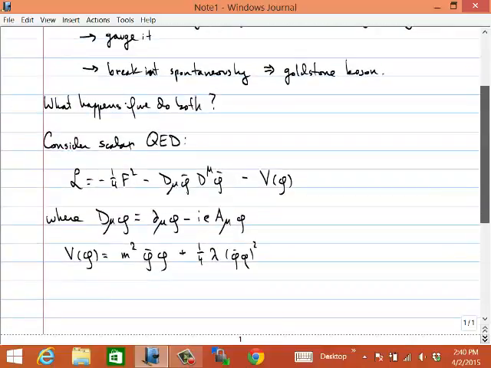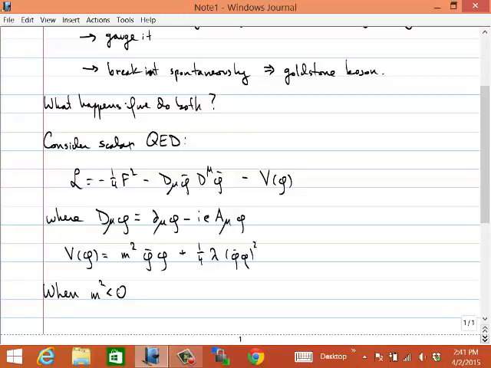And this is the most general renormalizable theory that one could write down, involving a complex scalar field coupled to a gauge boson. And if m squared is positive, then this will be the standard theory of scalar QED with a quartic interaction that we considered last semester. But, of course, in the space of possible Lagrangians you could write down, there's only a 50% chance that m squared is going to be positive. And when m squared is negative,